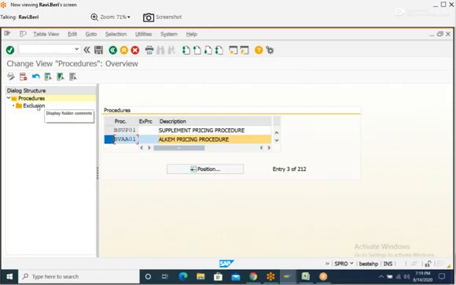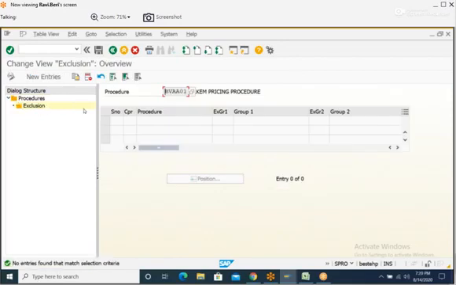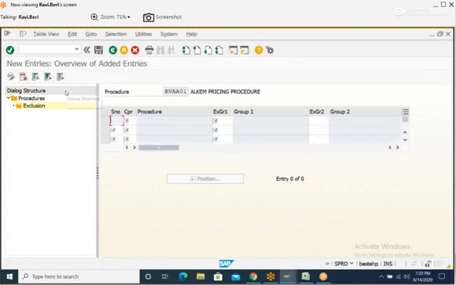Double click on exclusion. Go to new entries. Serial number 10.